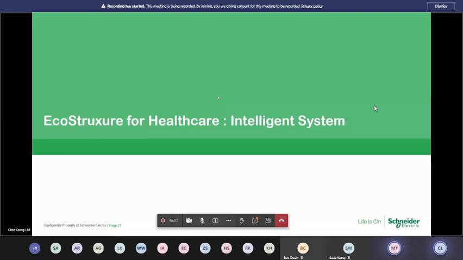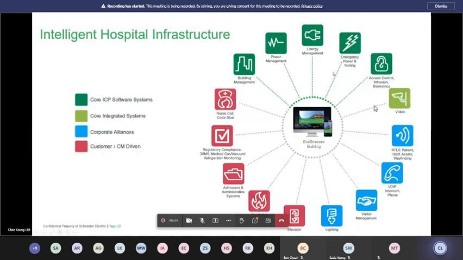Okay, so the next section that we are looking at is that for the last probably 20 or 30 minutes, we've been talking about individual systems. But today, in an environment, we need to talk about intelligence. When we move into this area, does it mean that the individual systems which are digitized are not intelligent? No. The answer to that question is no. Every system that is being digitized, whether it's power, mechanical, or security, is intelligent in its own right. So what do we mean by intelligent system now? Let's explore in Schneider's context.